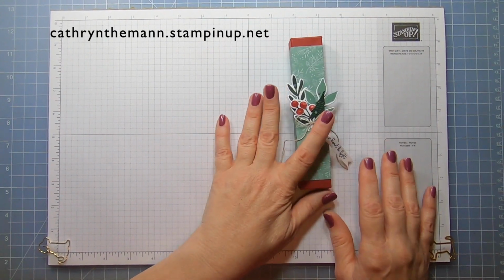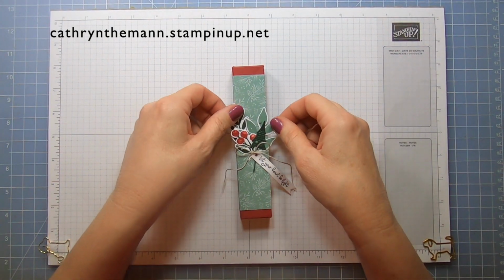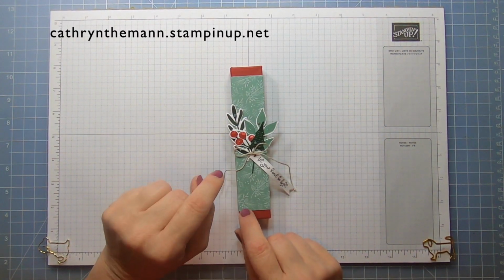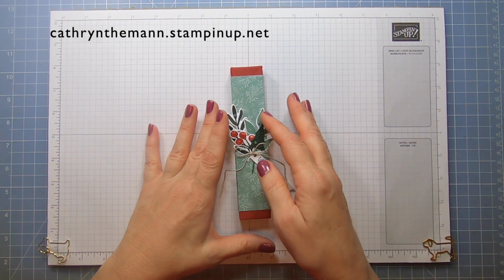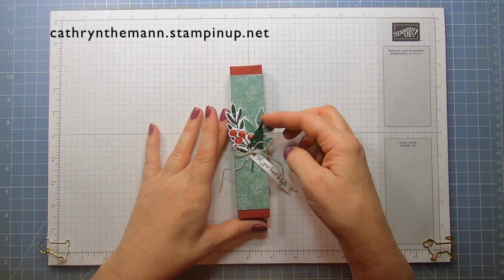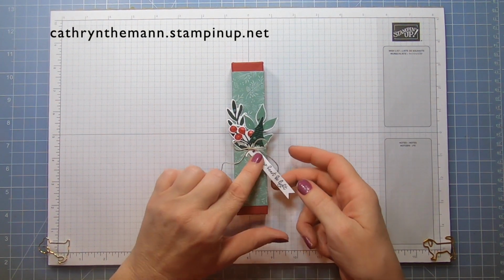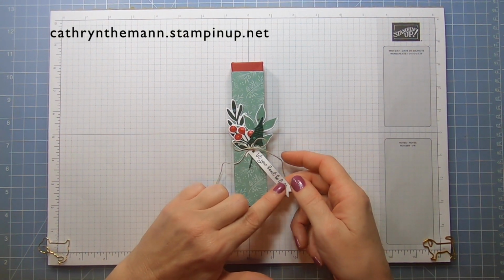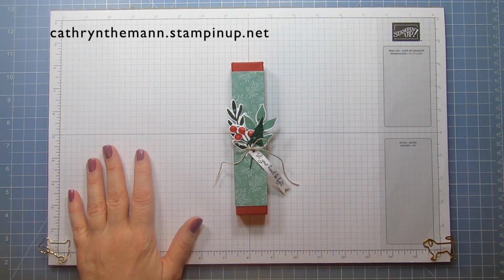Okay, so I used the Christmas season stamp set for all the leaves and the berries. I used the seasonal label dies to cut them out. I used the Christmas tree dies for this little Christmas tree here. The Whimsical Trees stamp set for this sentiment, and Tidings of Christmas Designer Series paper. All right, and what we need